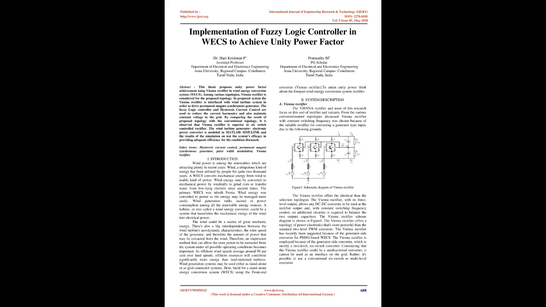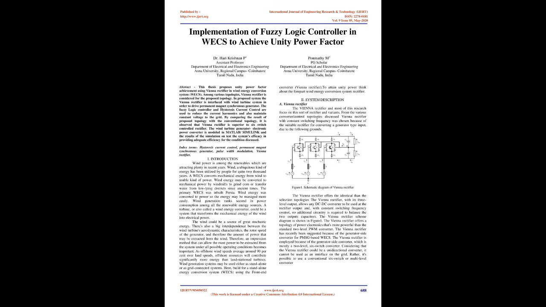There's also a big interdependence between the wind turbine's aerodynamic characteristics, the rotor speed of the generator, and therefore the amount of power that may be extracted from the wind. Therefore, a method that can allow the most power to be extracted from the system under all possible operating conditions becomes important. As offshore wind speeds average around 90% over land speeds, offshore resources will contribute significantly more energy